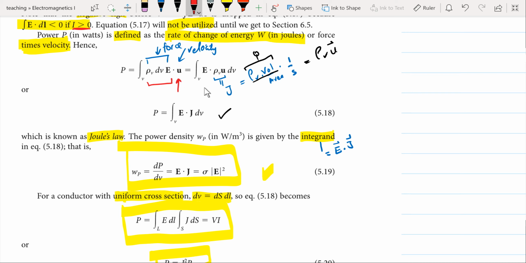Rearranging this term simply gives us E and rho V u, and we can identify rho V u as the current density,